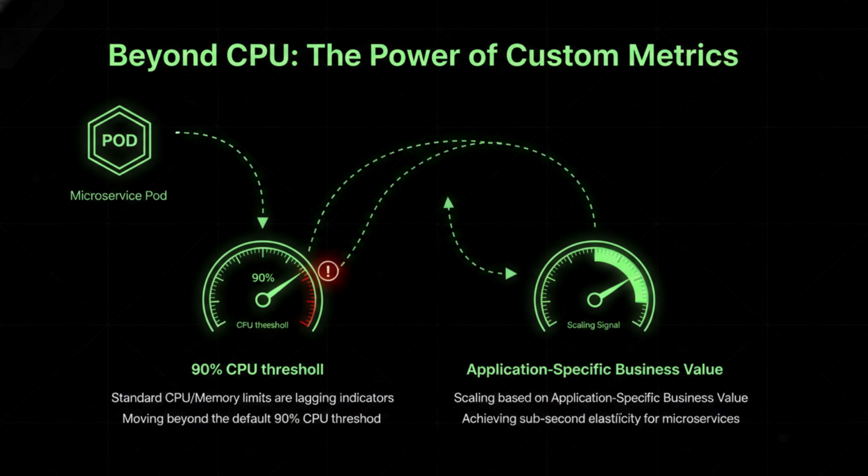Welcome, architects and engineers. For years, we have scaled Kubernetes workloads based on CPU and memory utilization. However, in modern microservices, resource exhaustion is often a lagging indicator of performance issues. A system might be hitting its database connection limit or message queue ceiling while CPU remains low. To achieve true high availability and responsiveness, we must shift our scaling logic to reflect actual business value and application